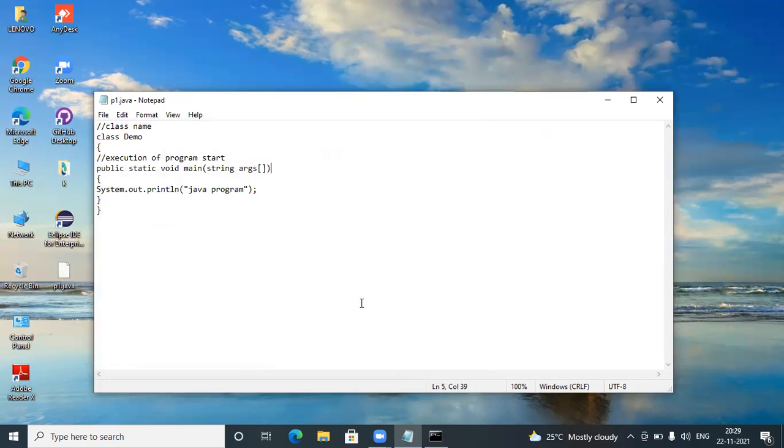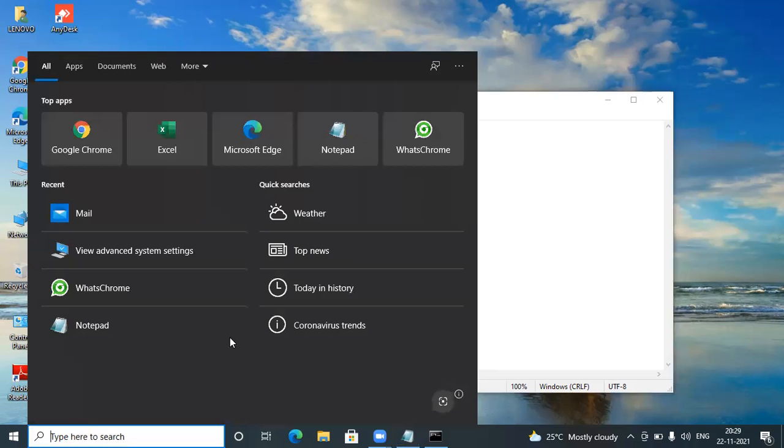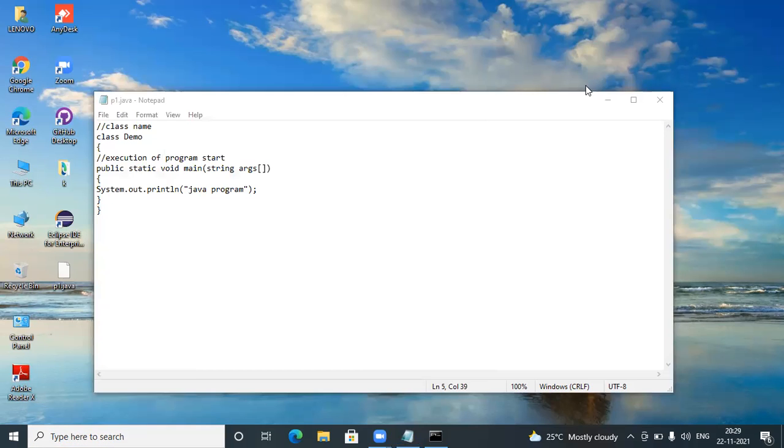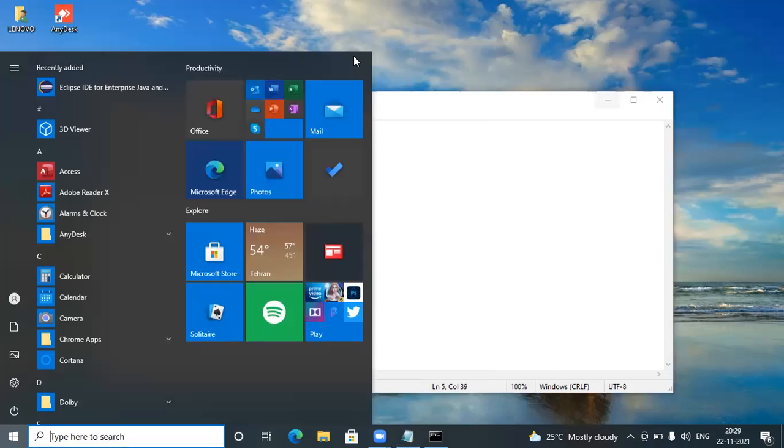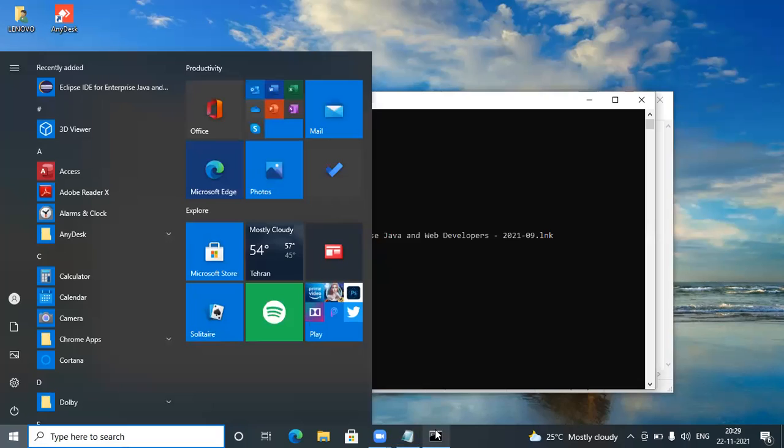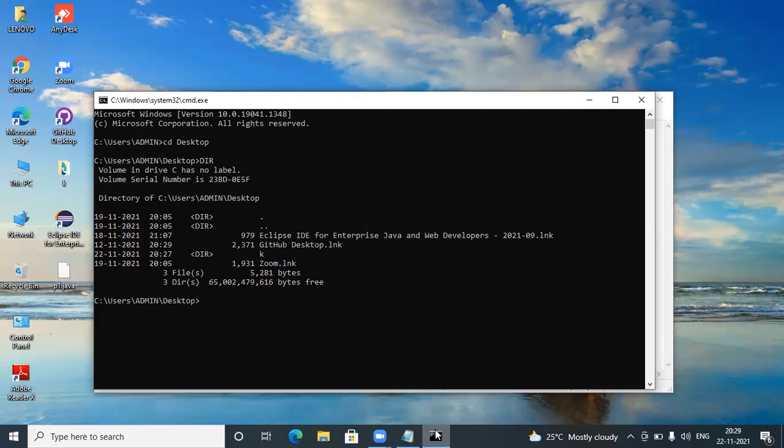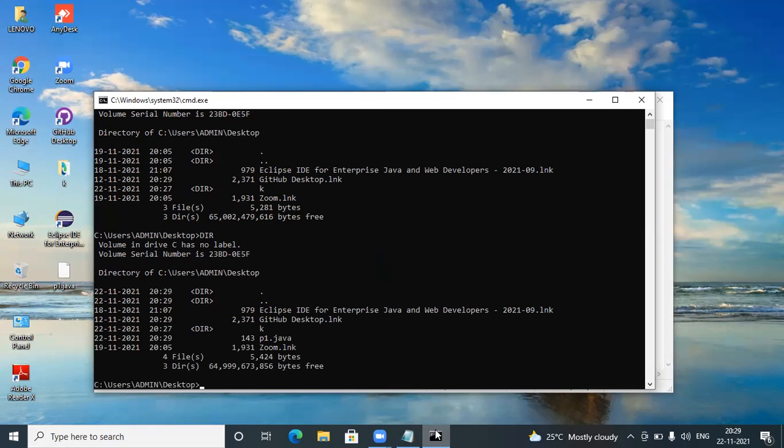Okay, now come to the command prompt. No, it's already open. No need to open again. Type the dir command again. Press enter.